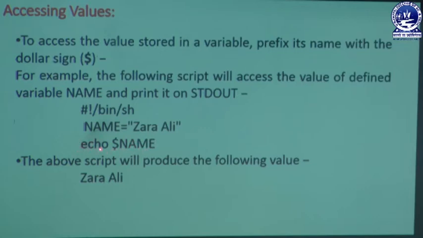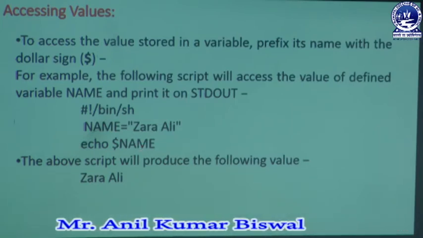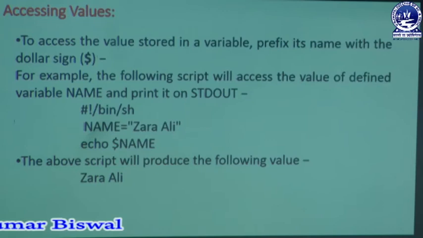Whenever the user uses echo, it gives the advantage of getting the output in our print environment. So we type echo, then the $ sign, then NAME. The above script will produce the following value: Zara Ali. That means the name variable contains a value, and that value is Zara Ali. The Zara Ali value will be printed on the slide. So in this way we are accessing the values stored in our variable. It is a general way through which we can manipulate variables, there is no problem. So in this way we can easily access our Unix variable in a Unix operating system.